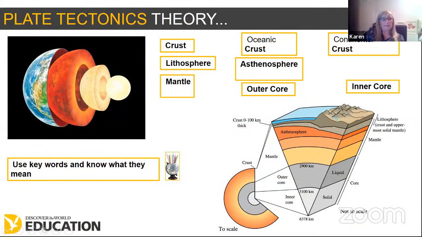If we look here, the Earth is broken up into four main parts. We have the crust, the mantle, the outer core, and the inner core. The crust here is what you and I live on, and is by far the thinnest layer of the Earth. The thickness varies depending on where you are on the Earth. The oceanic crust is generally 5 to 10 kilometres thick, and the continental crust, which is the mountain ranges here, is between 30 and 45